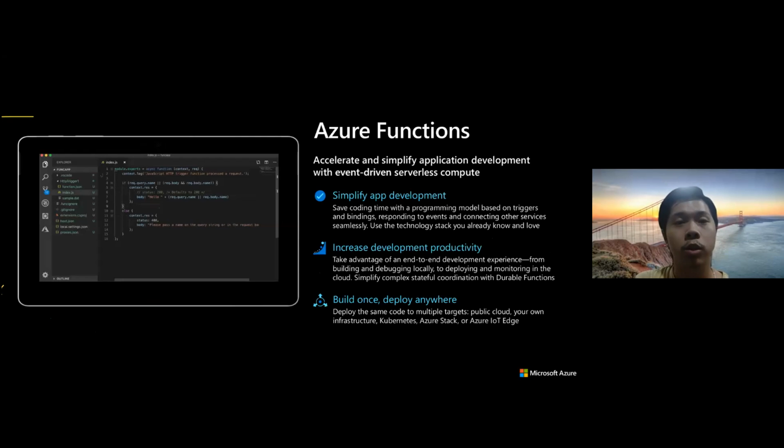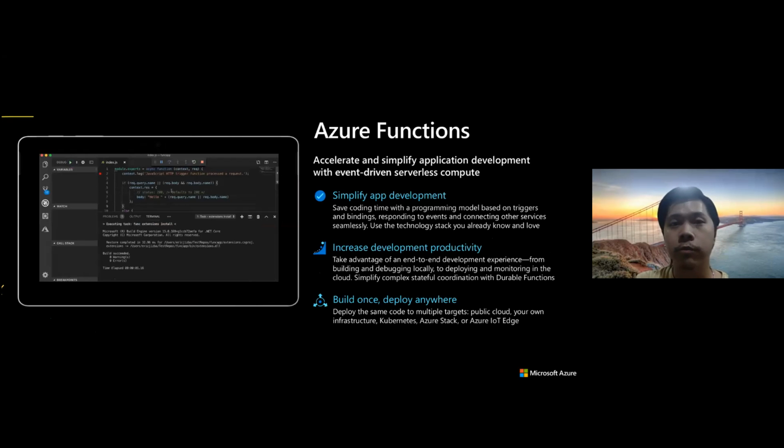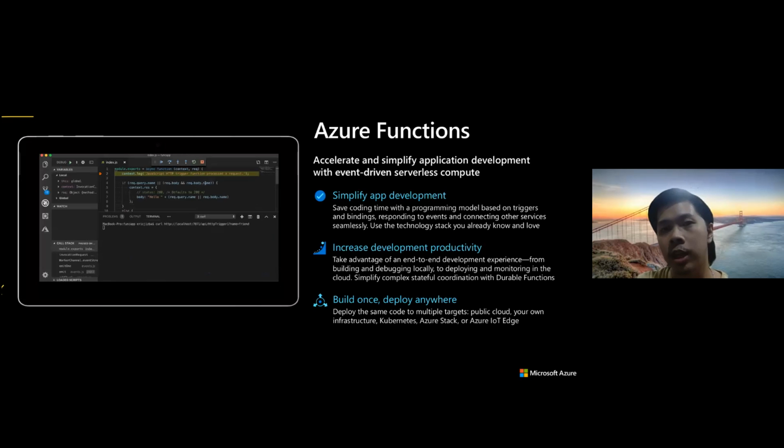Earlier on, when I was talking about Power Platform, I mentioned Azure Functions. So I thought it would be good to explain what that is. Azure Functions is a solution for easily running small pieces of code, or functions, in the cloud. You can write just the code you need for the problem at hand without worrying about the whole application or the infrastructure to run on. Functions can make development even more productive using your development language of choice, such as C#, Java, JavaScript, PowerShell, and Python, and from any major platform: macOS, Linux, and Windows.